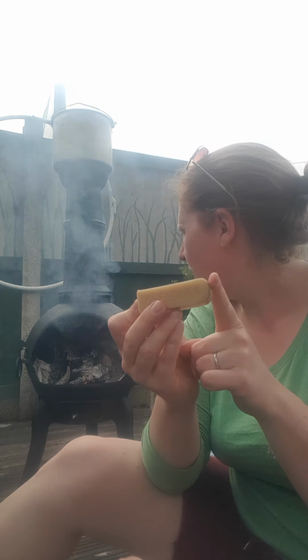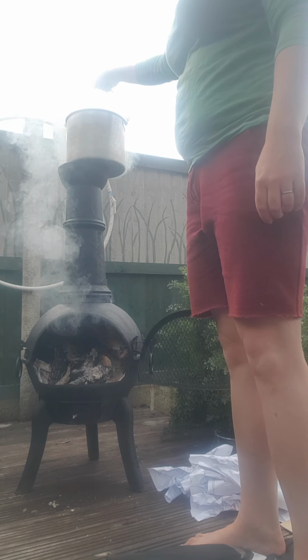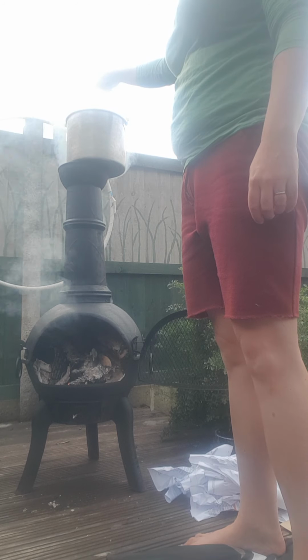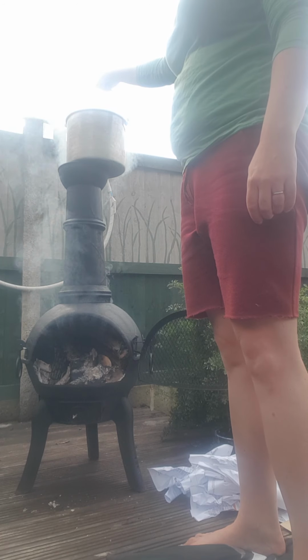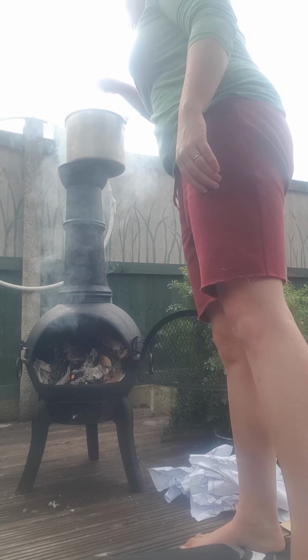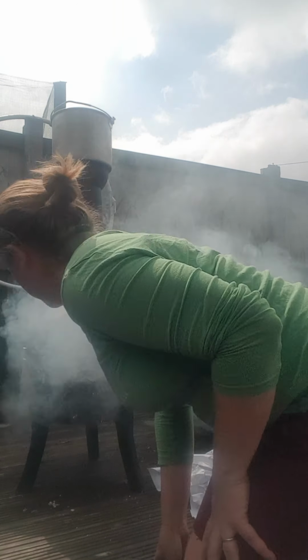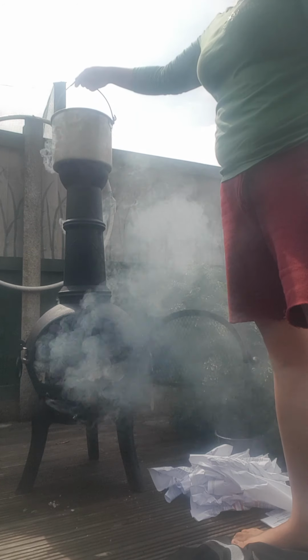Woo, smoky. In there like that. Let's let some of that smoke out. Woo. There we go. It's a bit better. So you want to pop that in and just let that melt away until it's all melted down. Smoky, smoky, smoky. And so it's all melted down, and then we're going to add that to the oil, and